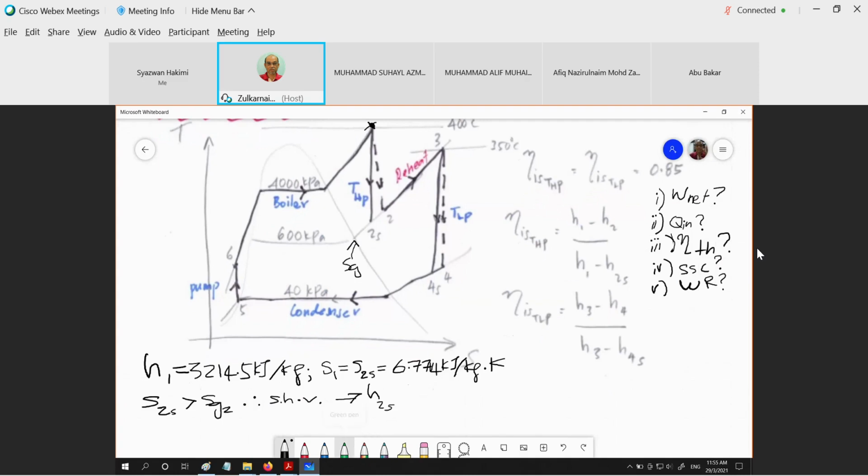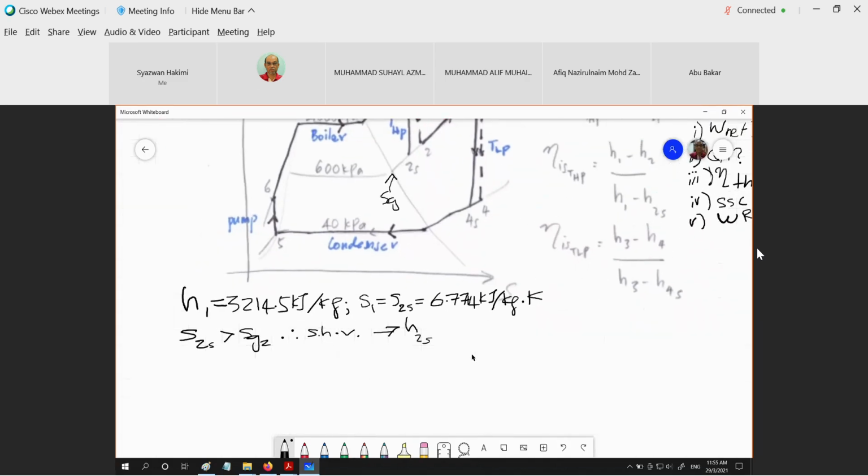Now, go to this superheated vapor table at 0.6 megapascal. Try to get the value of this 6.7714 at the superheated table at 0.6 megapascal. Do you have the exact value? So what you do right now, using this value,